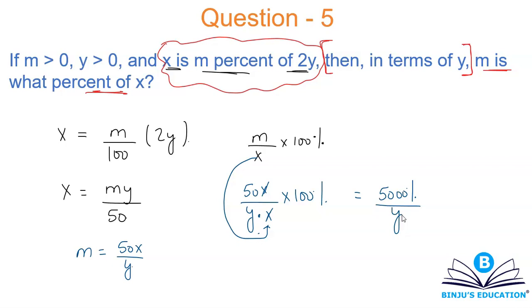Again, the point is variables confuse us. I have intentionally taken variables. Otherwise, questions are not that difficult. If you have observed in these 5 questions, more or less, what we have used is basically converting from absolute to percentage and percentage to absolute. The very first concept that I taught you in the first video.